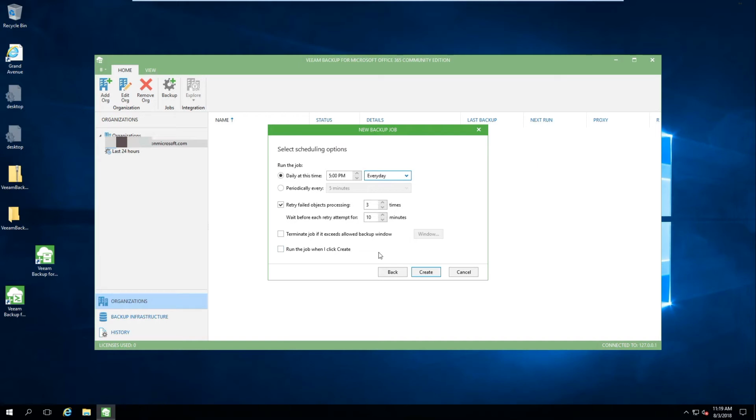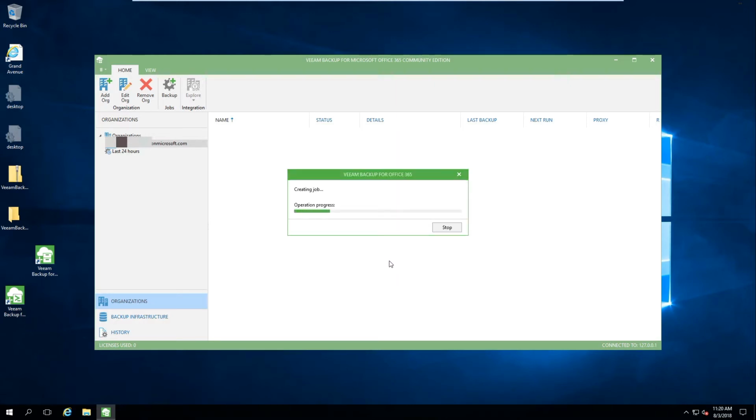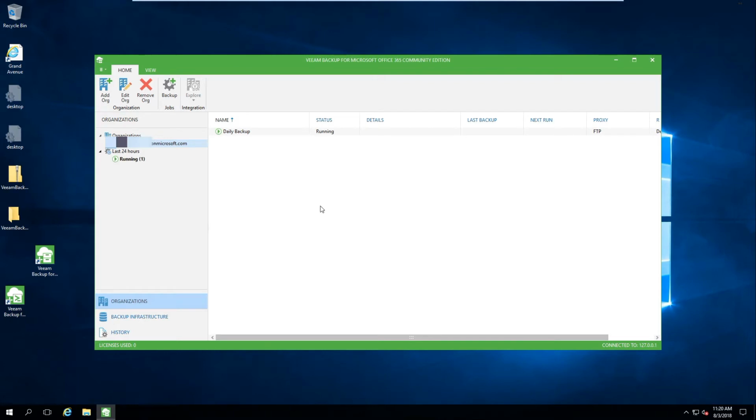And then you can also select run the backup when this is done with installation. So go ahead and click that and hit create, and that's pretty much it. It'll basically just start backing up automatically. So if we